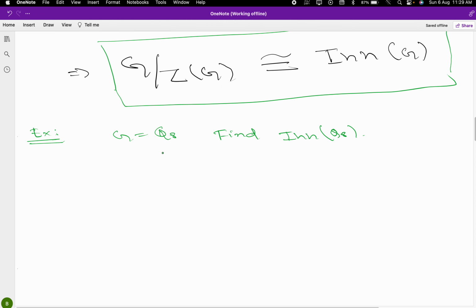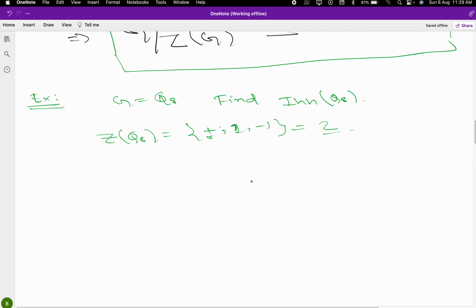What is G? G is Q8. And what is Z(G)? Z of Q8 is actually plus 1 and minus 1, so it contains two elements. So the order of G by Z(G), that is Q8 by Z of Q8,